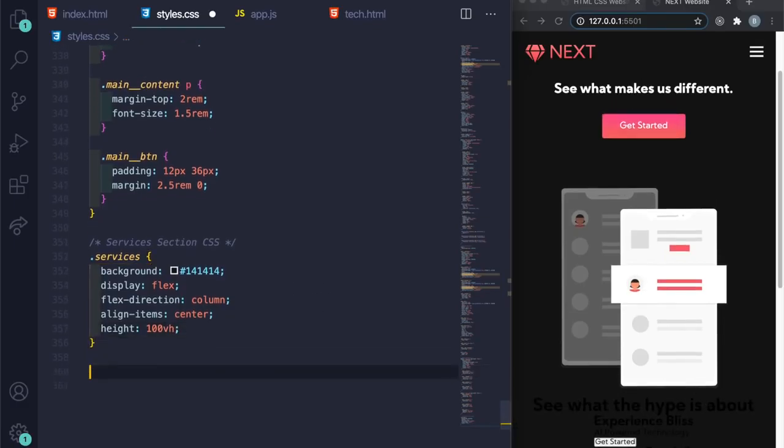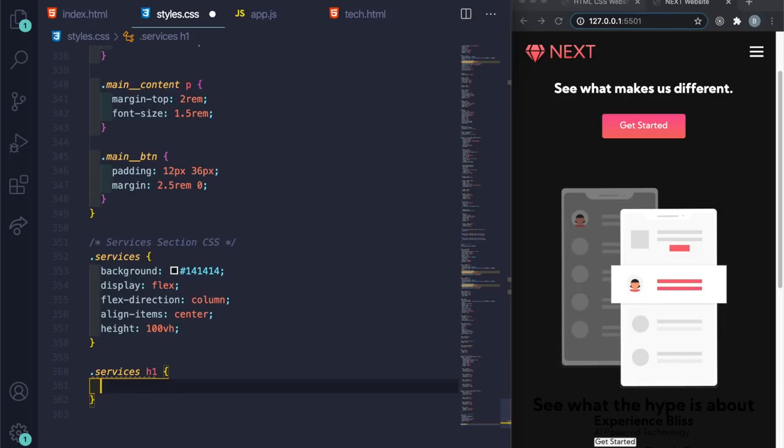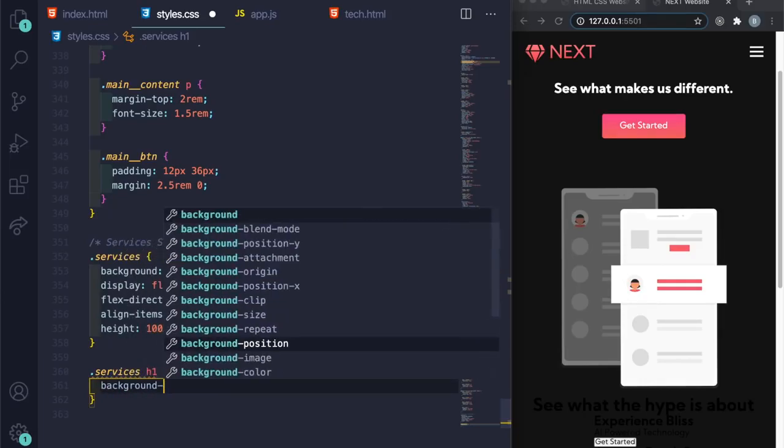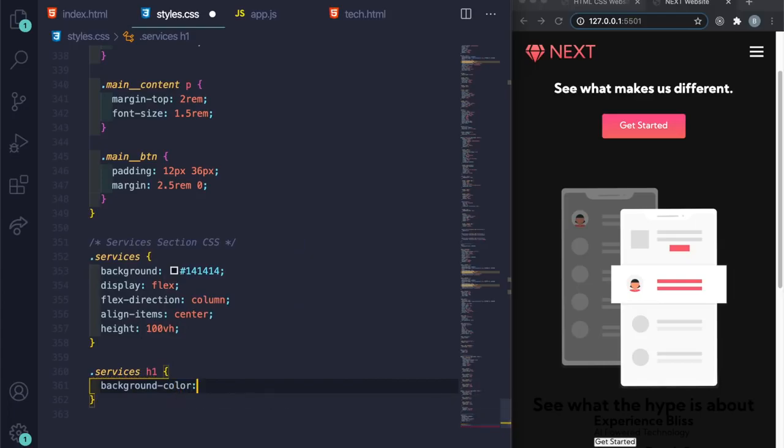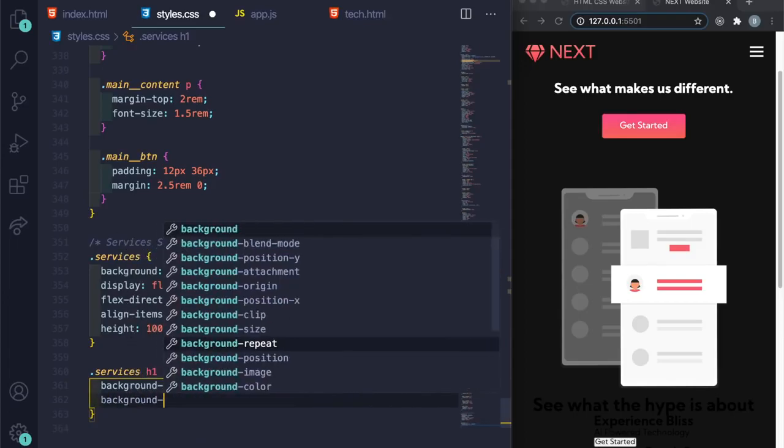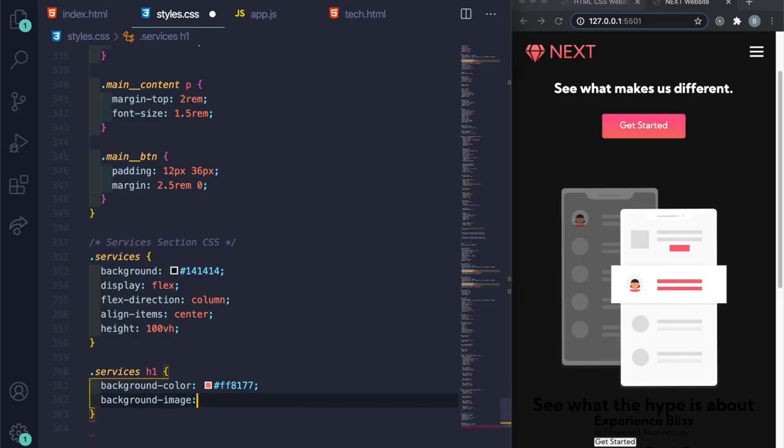And now underneath here, let's do .services h1. And let's just do, here's gonna be a pretty crazy one. Let's just say background-color. Want it to be #FF8177. And then background-image: linear-gradient. And then I want to say to right, comma, and then #FF8177